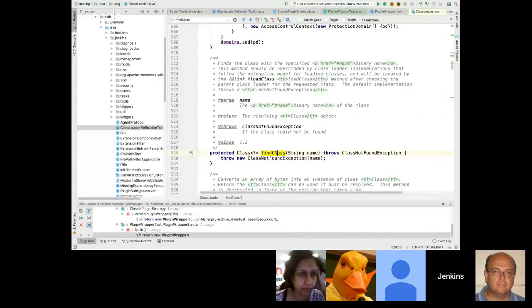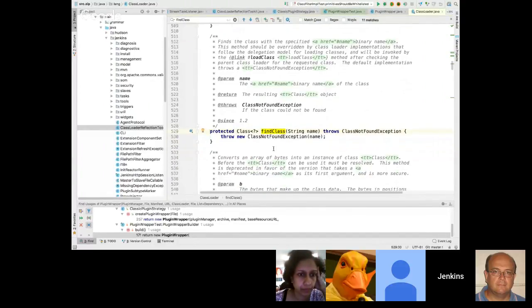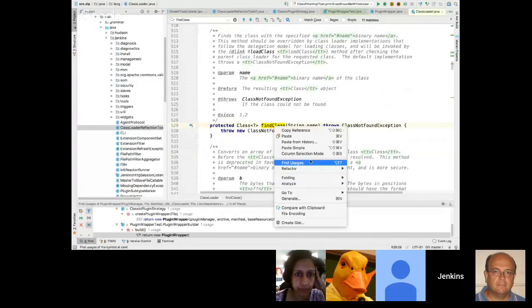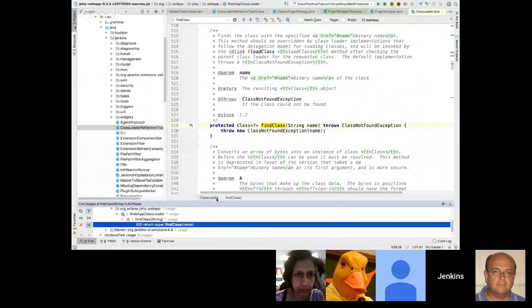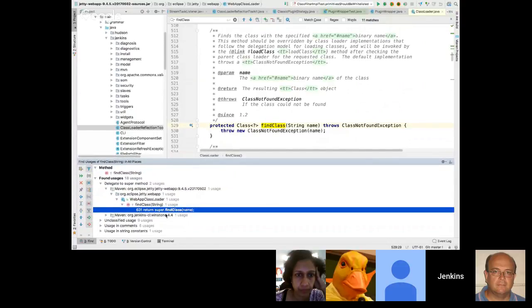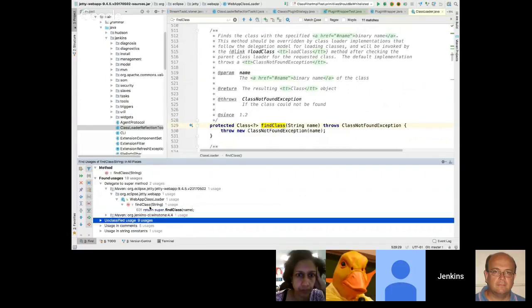So yeah, we have the findClass method. It's not accessible in class loaders, but we will likely need to do something about that. So what usages do we have?